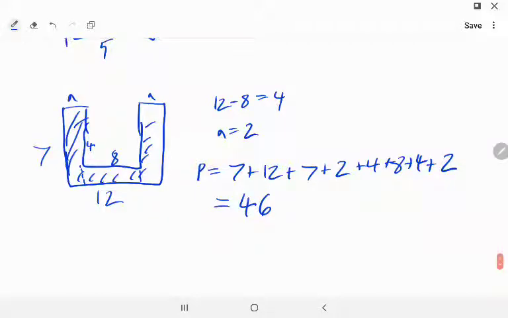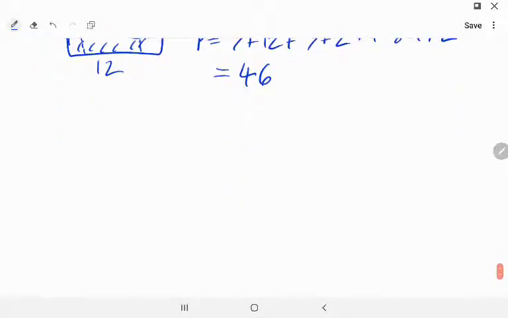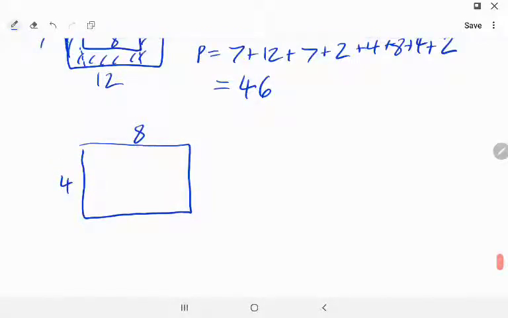And that's about as complicated as one of those is going to get. We're not going to have anything too horrible. We actually noticed that if we wanted to write something really strange, if we started with a rectangle, just make it 4 by 8, and we make tiny little slices in it,